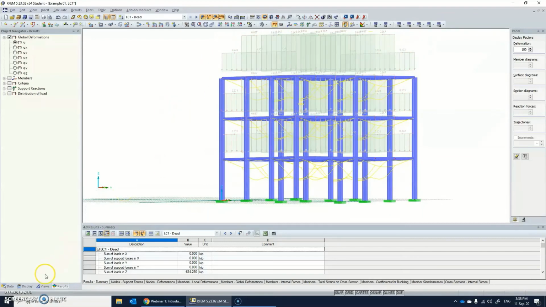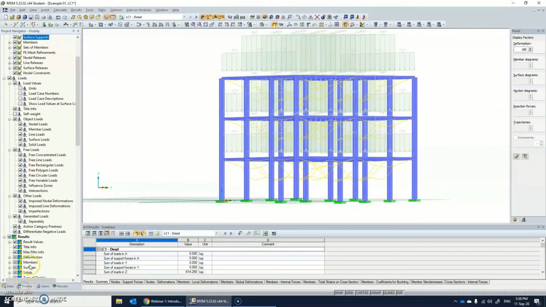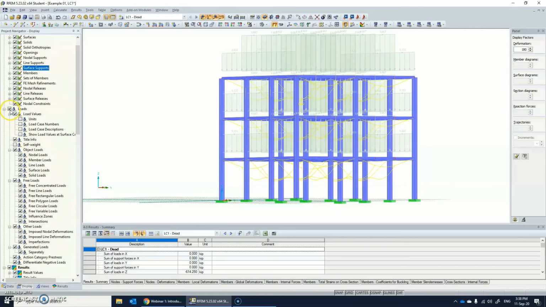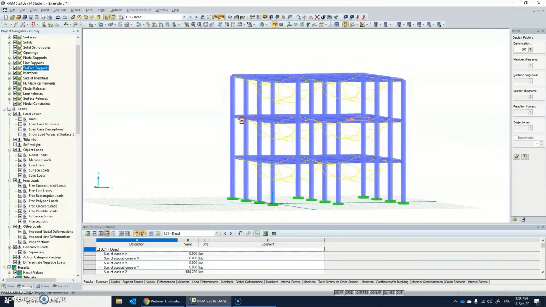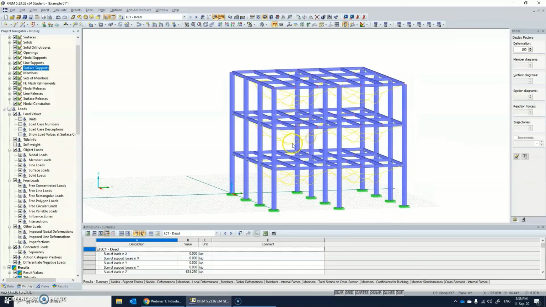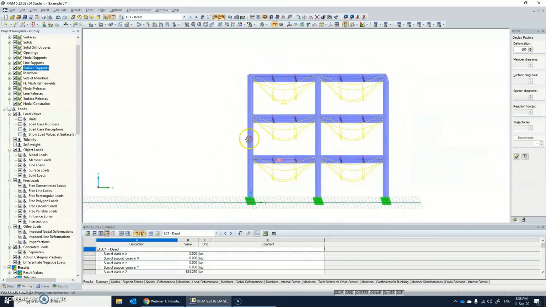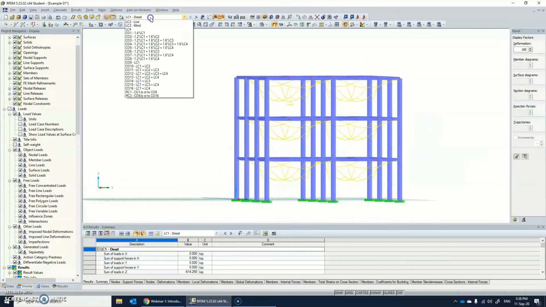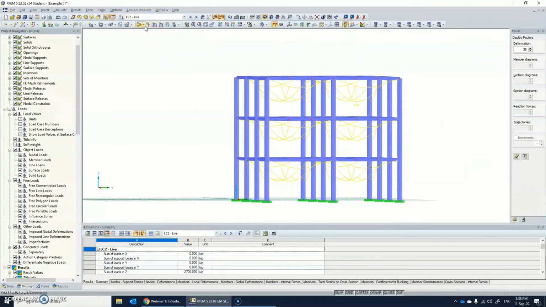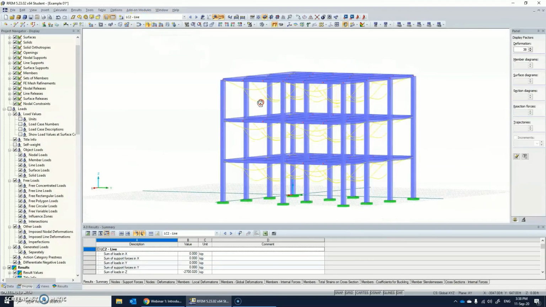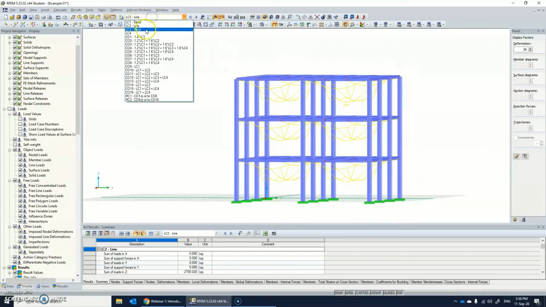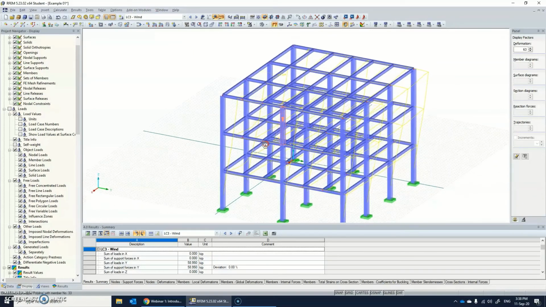To hide these loads, click on display over here, move into the loads option, just click on loads and all the loads are hidden at the moment. Now we see the deformed shape because of the dead load. Click on this option, you can see the deformed shape due to the live load. If you take it to the wind load, you can see how the wind load has